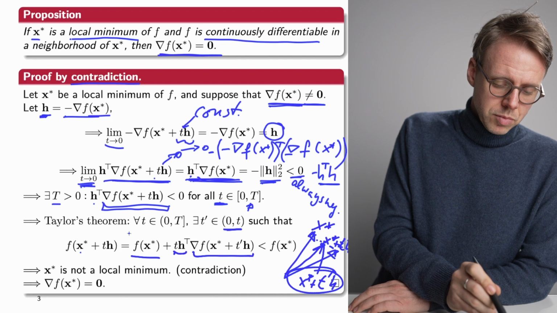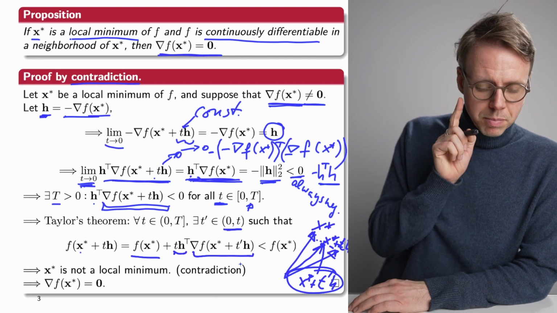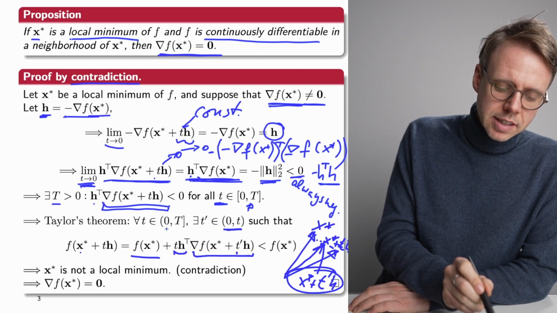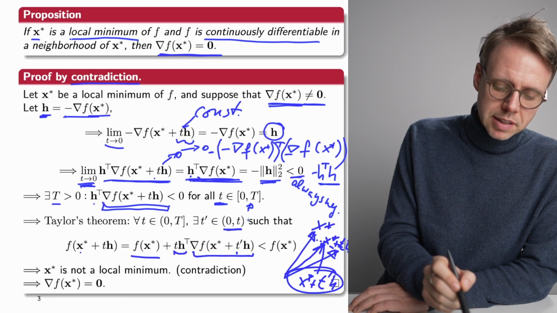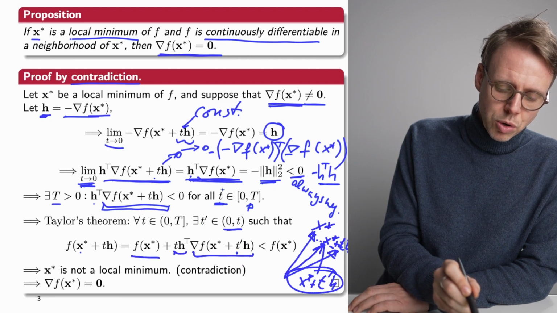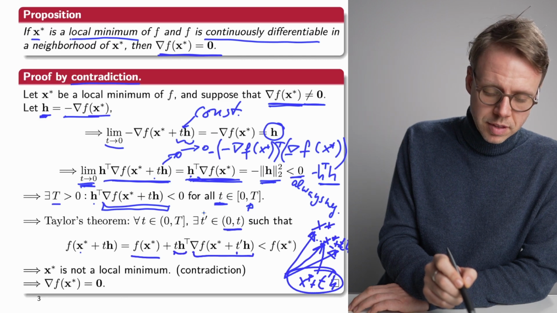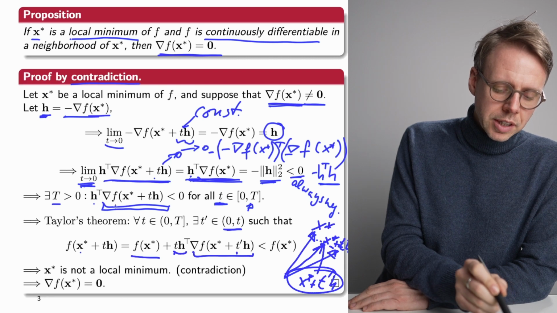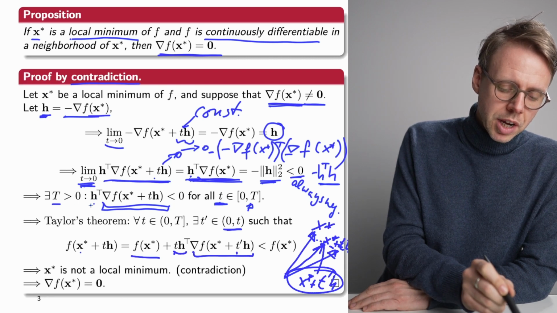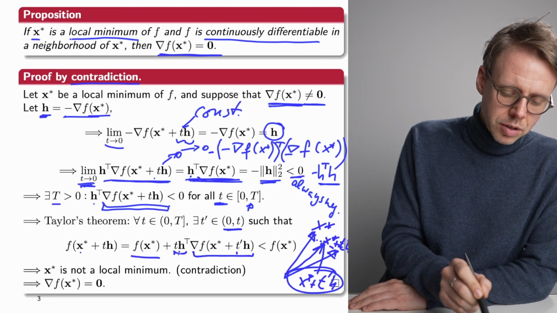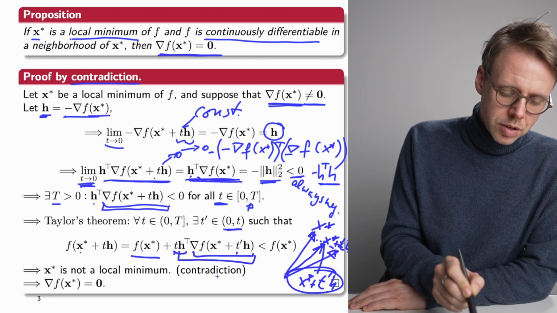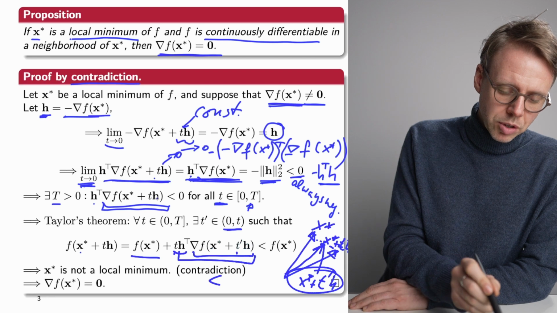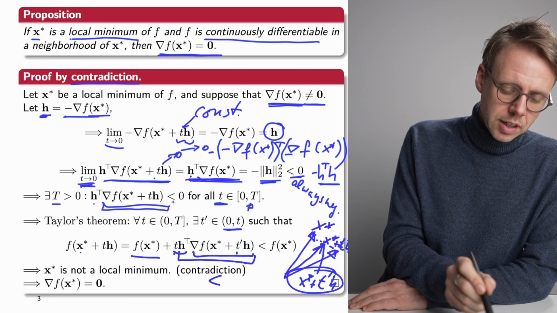Now this term just follows from applying Taylor's theorem, but because t prime also lies in this interval between 0 and capital T, because it's smaller or equal to little t, we also know that it also has to yield a value smaller than 0 for the product of h with the gradient of f at x star plus this t prime of h, because it's smaller than t and